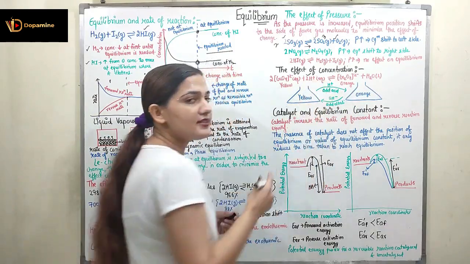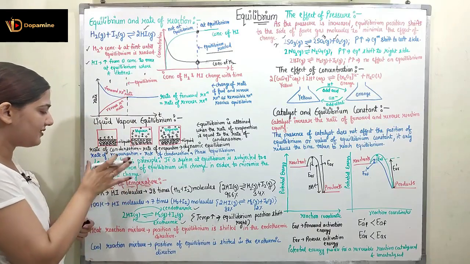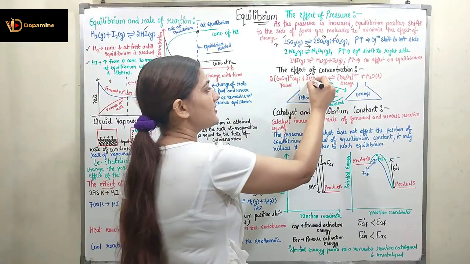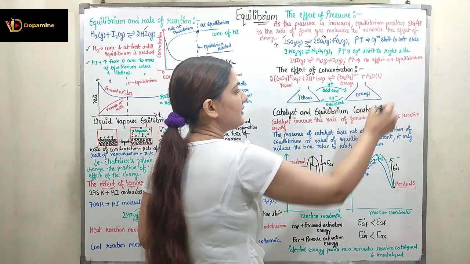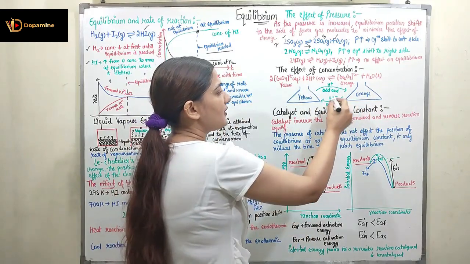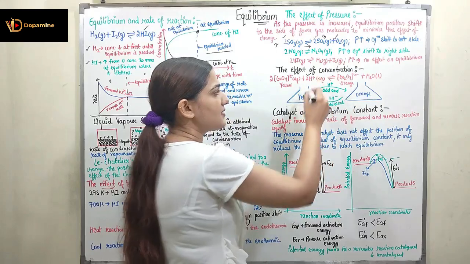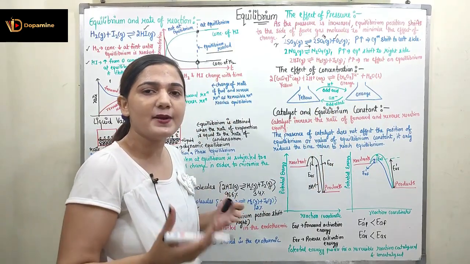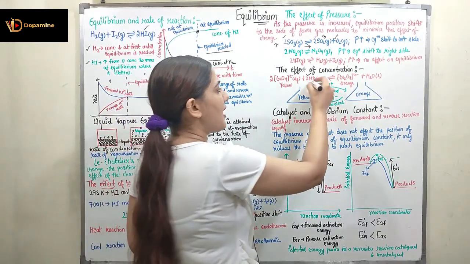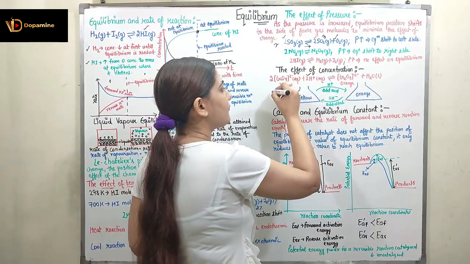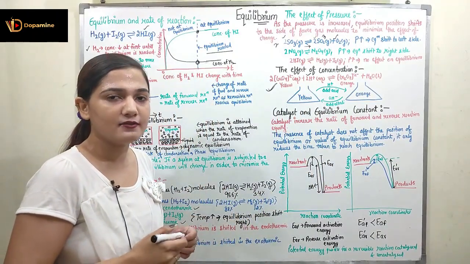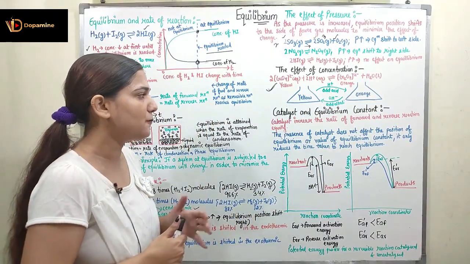I can understand this with the help of Le Chatelier's principle, right? So now if this is increased, equilibrium has to shift in the right direction. So if the OH- is increased, which means the acid concentration is decreased. If obviously I increase the base, acid will decrease and I will be having more of this concentration, so as to compensate the change in the equilibrium state. So I hope you understood this.